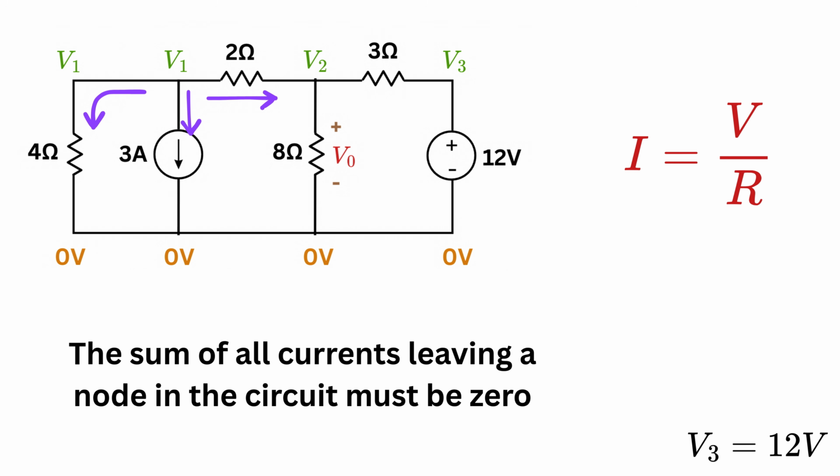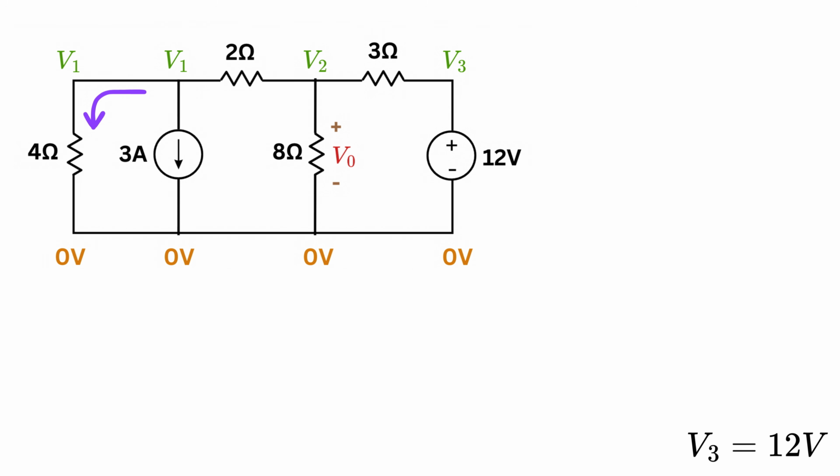This works for all the nodes in the circuit, and we can choose any node we want. So we say that the current through the 4-ohm, which is V1 divided by 4, plus the 3-amp flowing downward, plus the current through the 2-ohm, going from V1 to V2, which is V1 minus V2 divided by 2, must